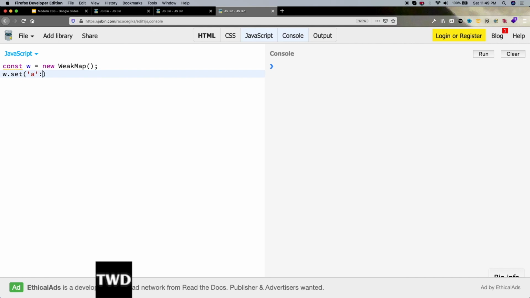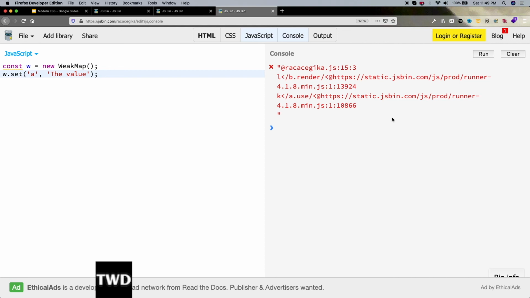So we are not giving any object, this is just a string, and we are setting just a value. Oh, I gave it wrong. It is not like this, it is a comma. Okay, like this, and not even console logging it.